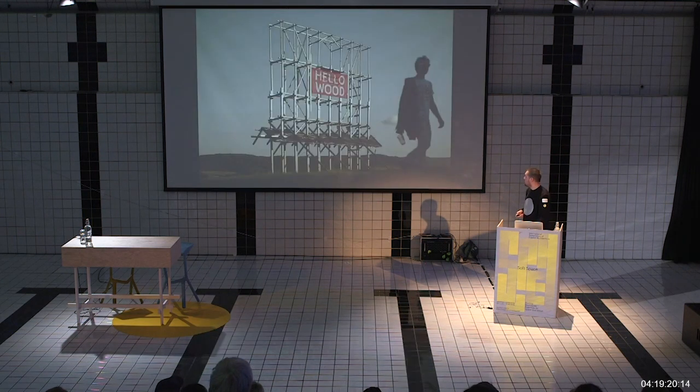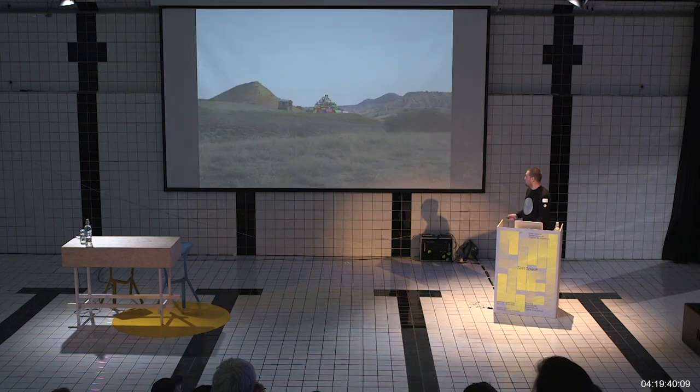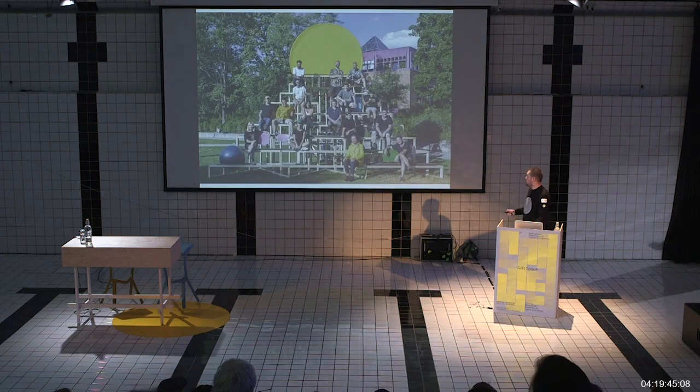This is us with the students there, and some other installations we built, and you can see one important thing: we think that these workshops are the testing grounds for later projects. So this was built several years before Nike as our first self-built project, but you can obviously see the reference. Some other projects were done on a smaller scale, like this one with Emma, and some artificial mountains. And to finish the lecture, again, we think that these workshops, sometimes fun, relaxed and naive, also bring some ideas